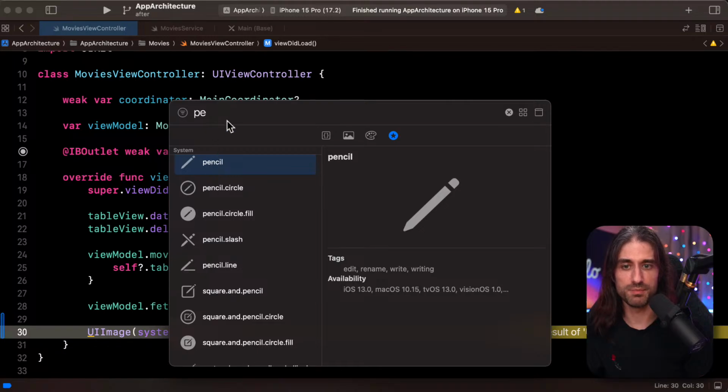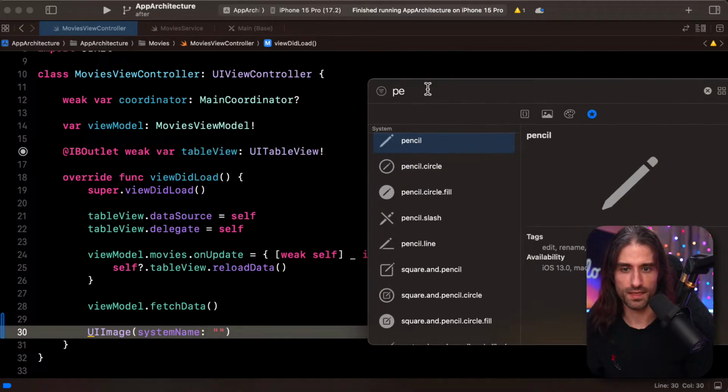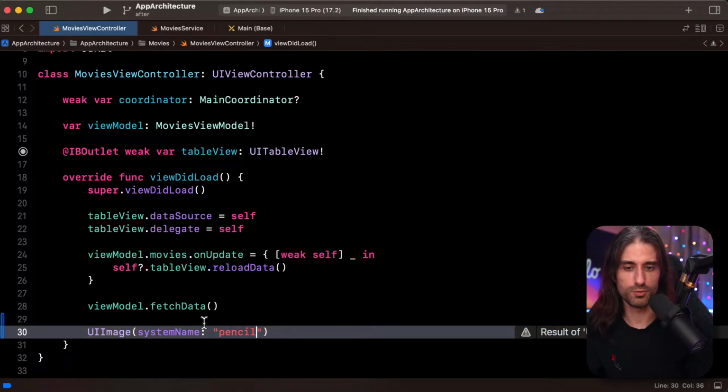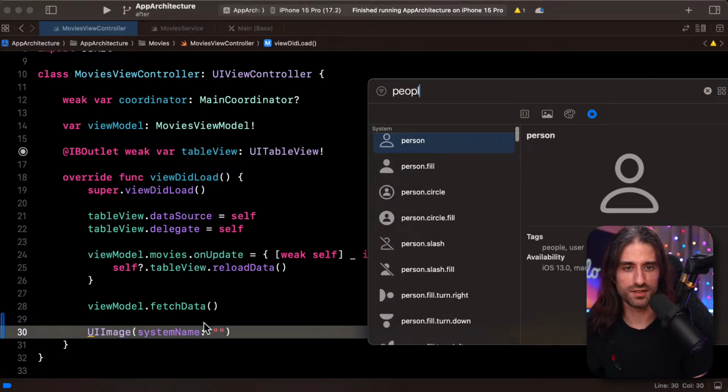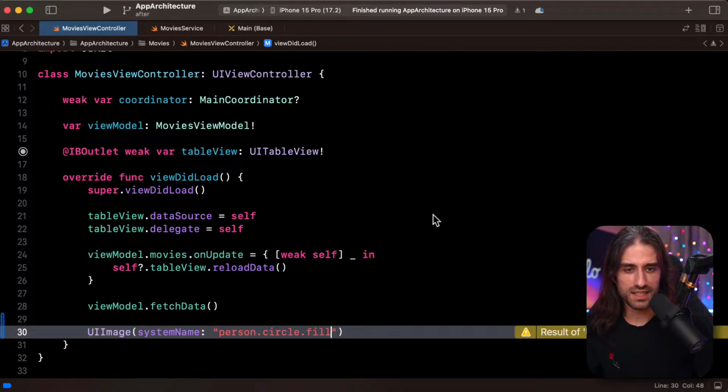I was thinking about people, but I can just double click it and then I have the icon. And let's try and do people just so that I go with my ID. You can see we have the full name like this. So that's a good one to know, especially because you might have installed the app.